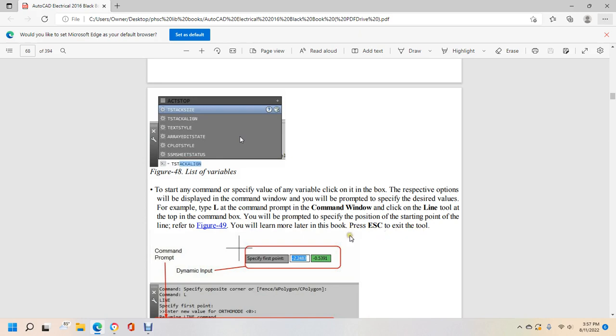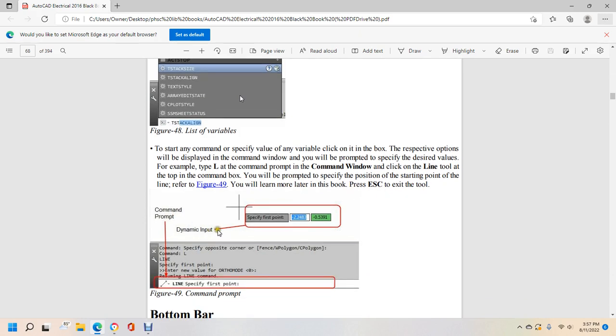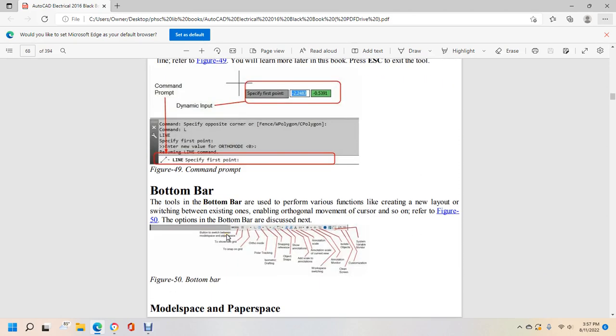Escape to exit out of the tool. The command line dynamic prompt input shows specify the first point, and then it gives you the origin. The bottom bar is used for the various functions, such as creating a new layout, switching between the existing ones, and enabling orthogonal cursor, as set in figure 50, with the options of the bottom bar discussed, and then model